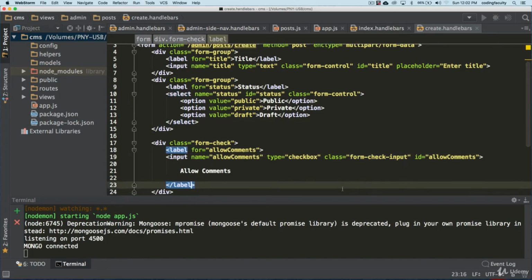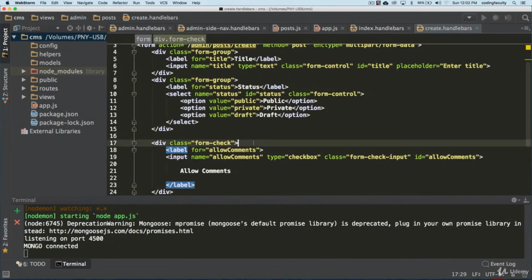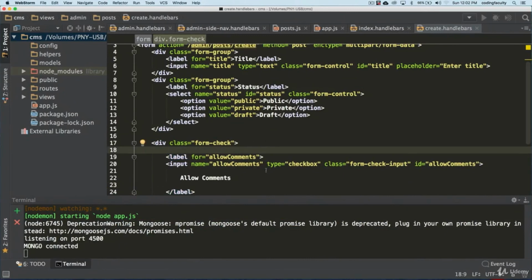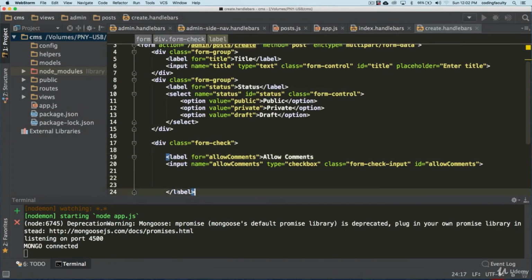Let's see if that makes it look better. Refresh. All right, that makes this here, but I'm getting out of my depth there for a minute. We can fix this later on. There's no rush into that. Let me put this here and let's see if that fixes it.